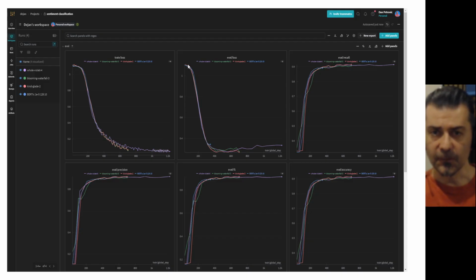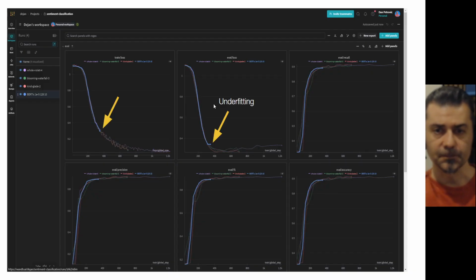One thing to look out for is, for example, if we're running training of the model and everything is going well, and then suddenly you start to see a little increase or a spike in your validation, that's a sign that you've probably trained for too long, and maybe you should go back to a checkpoint in a previous stage. And of course, we've got the recall, precision, F1, and accuracy for our model.